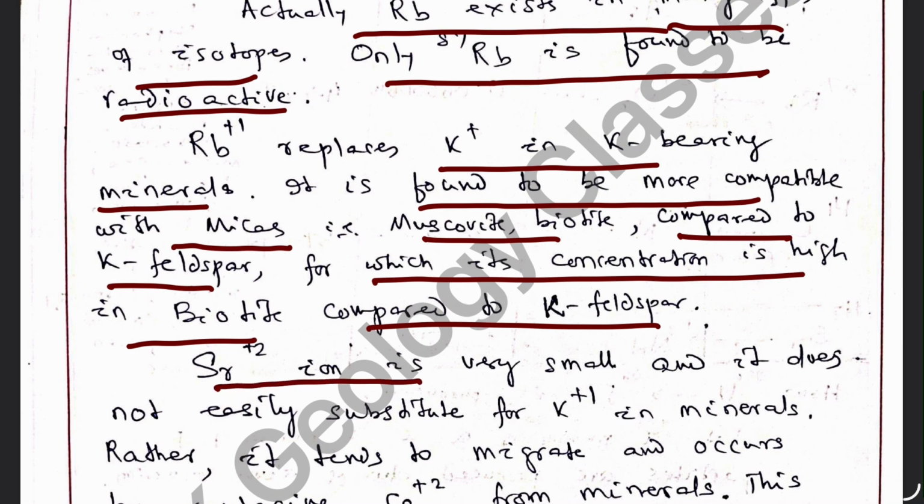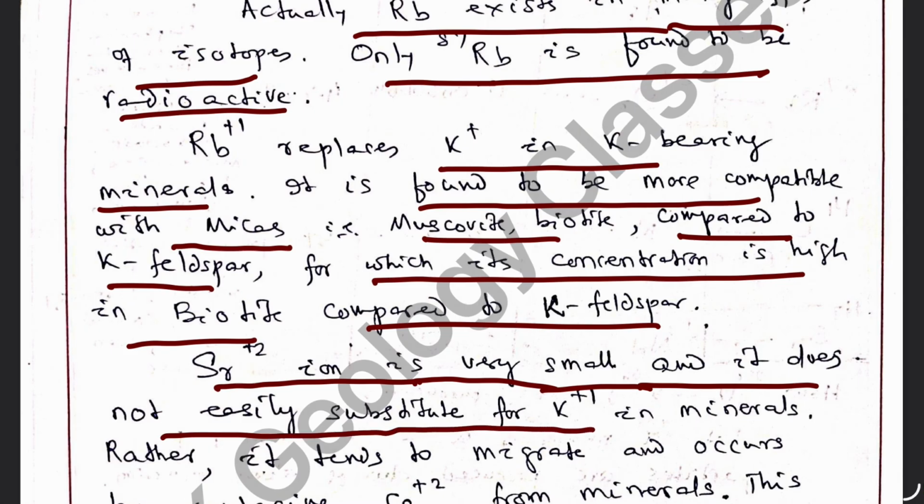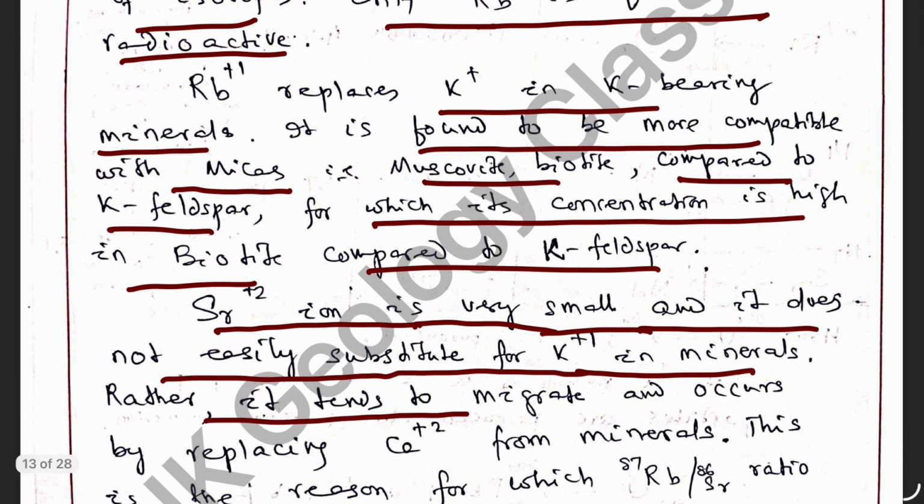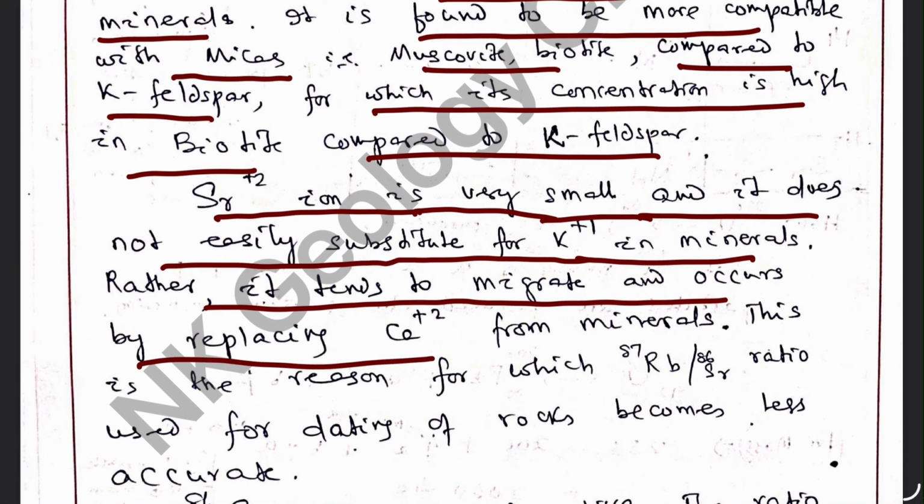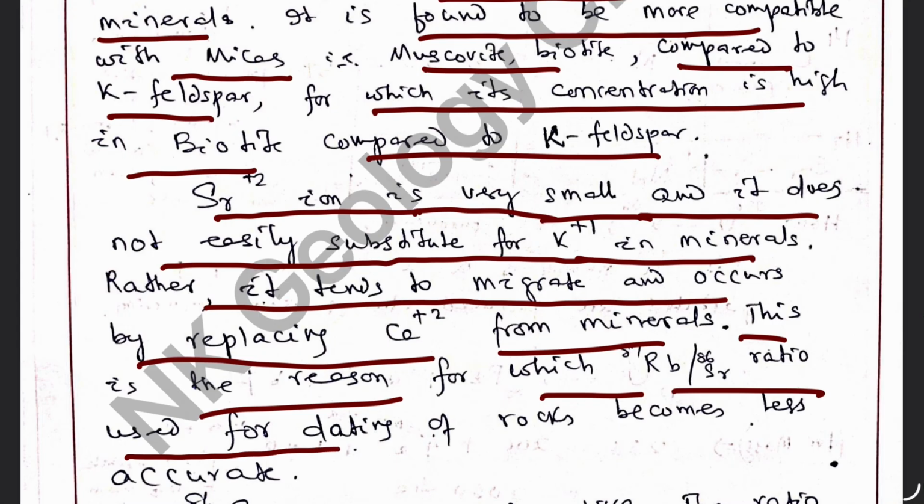Similarly, strontium has valency 2. So, this ion is very small in size and it does not easily substitute for monovalent potassium in minerals. Rather, it tends to migrate and occurs by replacing calcium from minerals. This is the reason for which the rubidium-87 by strontium-87 ratio used for dating of the rocks